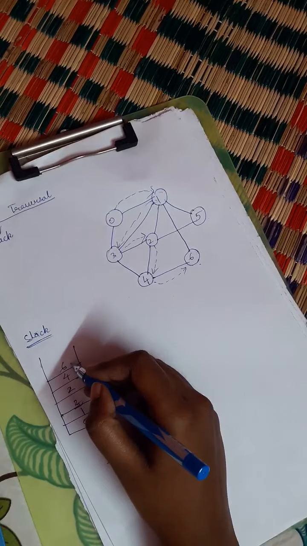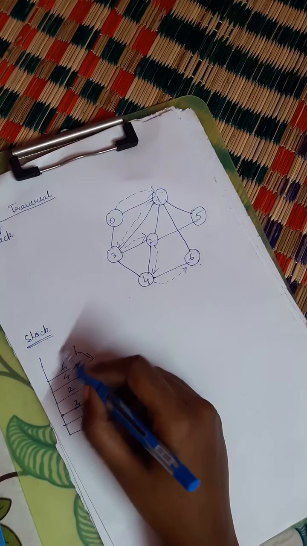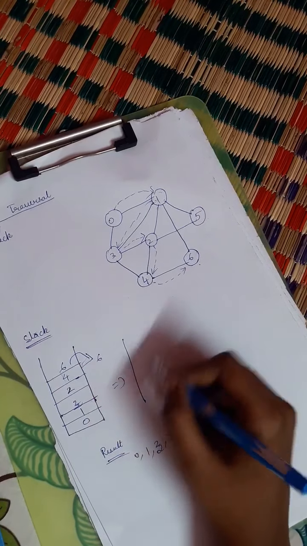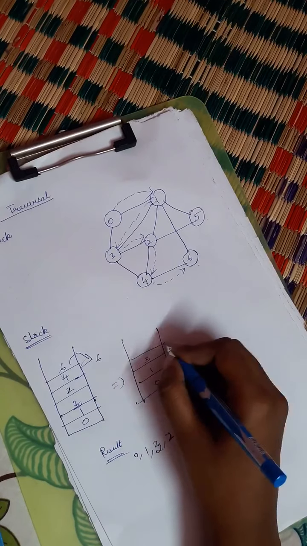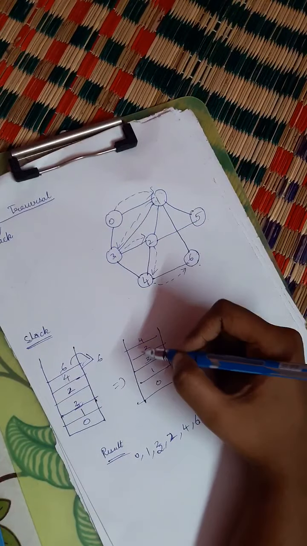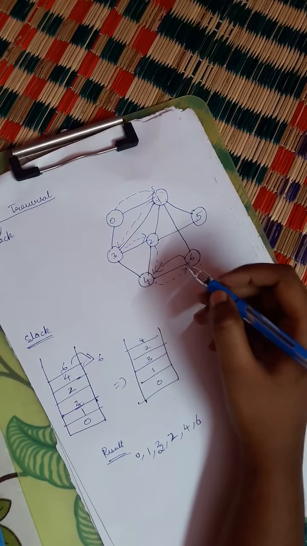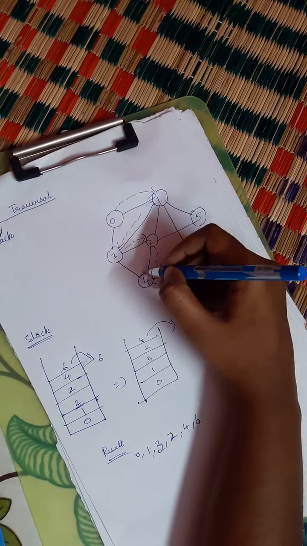So I will pop each and every element from the stack. The top element of the stack is 6, so I am going to pop this. The values inside are 0, 1, 3, 2 and 4. So backtracking from 6, the next element is 4. I am backtracking from 6 to 4. Again I will pop this 4, and again I will go to 2.